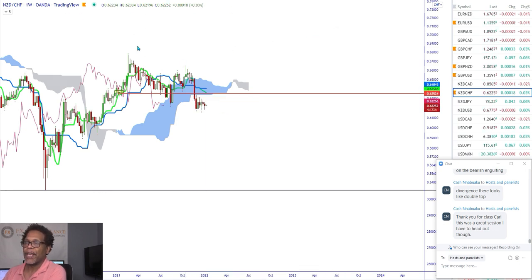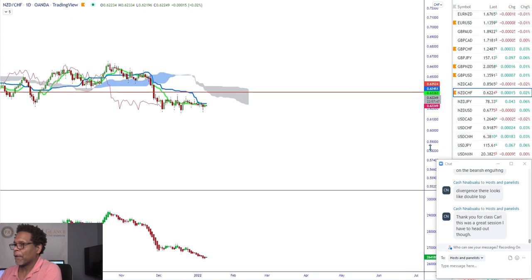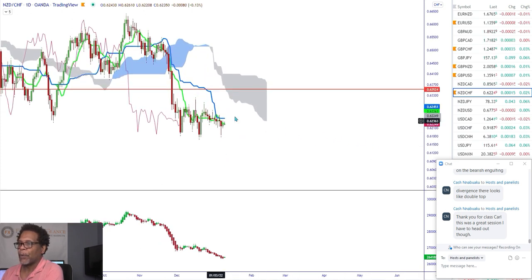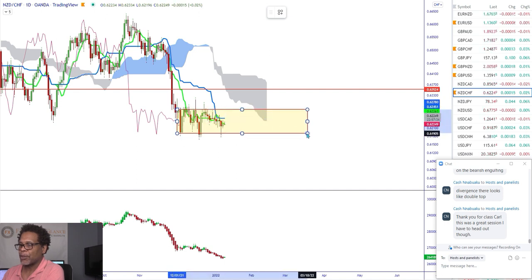We'll go to the daily. On the daily here, we're inside that candle again. We don't have much distance. We've got a thick cloud. We still have angulation though. So what I'm looking for is a violation of the box. We're inside this box. So you could trade this on a lower time frame, trade off the lower level of these levels.